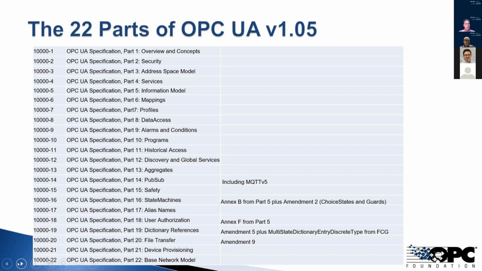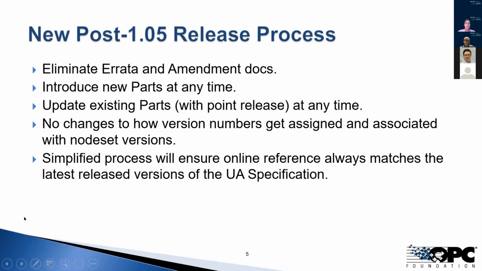So as we do the 105 release and everything is all nice and tidy and there are no errata because the specs are perfect and there is no new functionality in the form of amendments, one of the things we're going to take this opportunity to do is to revise our release process and how we're going to deliver the functionality going forward. So we've made the decision, although we were trying to follow the IEC rules for producing errata